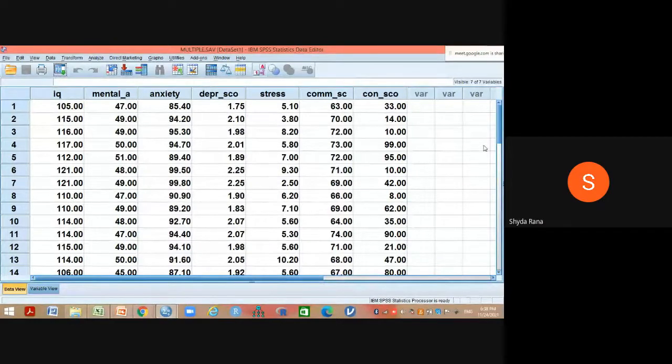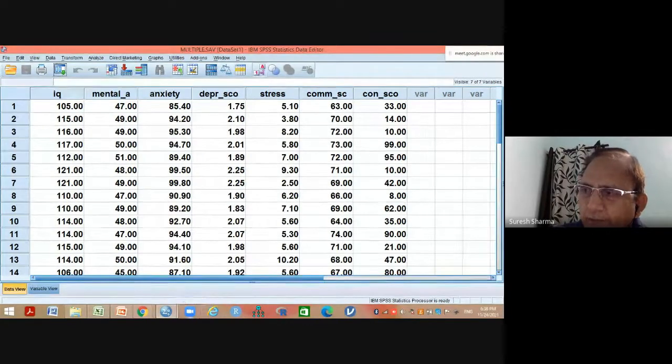Sir, since we are using it for predictive value also, can we apply it when we're doing a hypothesis? This is based on hypothesis only, because the ANOVA table value is basically testing the hypothesis. It is testing whether the anxiety, depression, or mental age is making a significant contribution or not. Otherwise, others are coming out to be non-significant. They are the result of hypothesis. Since I am not teaching the topic of hypothesis here, I just ignore that part, right? But it is based on hypothesis.